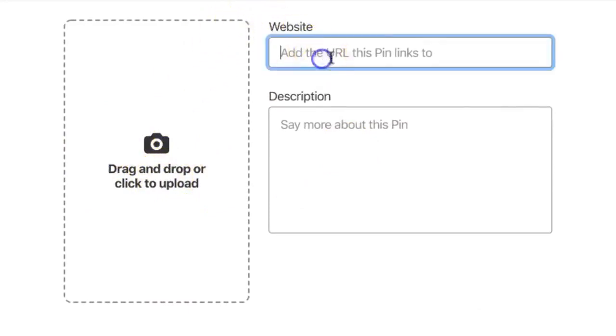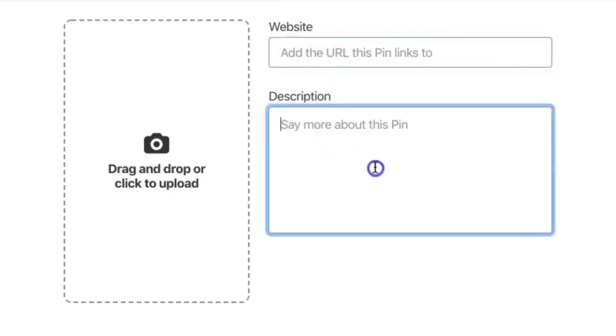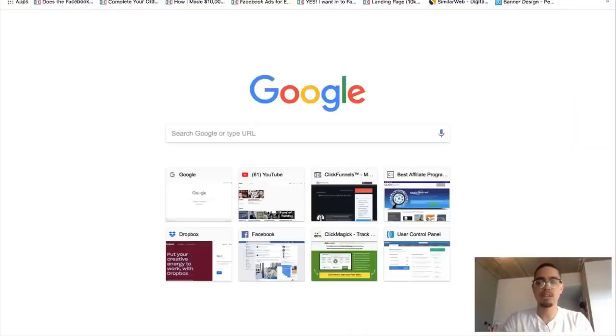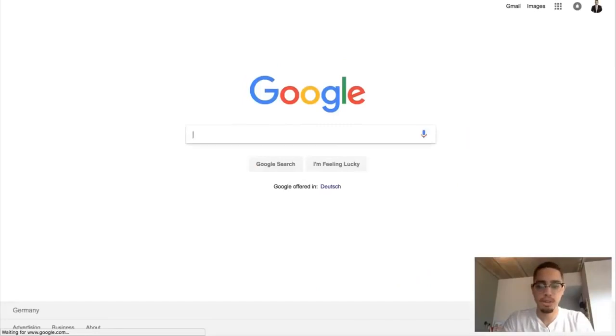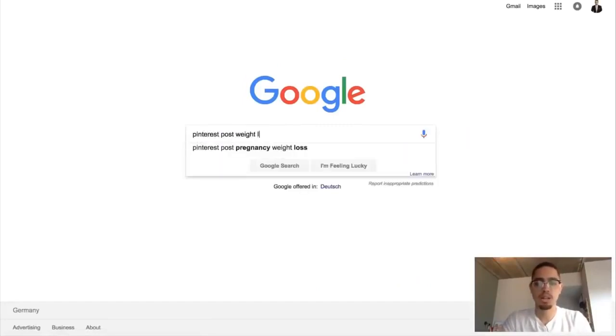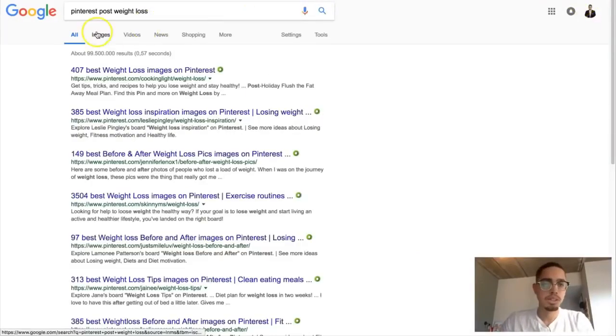But here's where the magic happens, guys. Your URL is your affiliate offer, right? This is what you're going to be promoting traffic to. And then the description, you're going to have some sort of description on your actual pin. Now, if you want to know the type of content for Pinterest, we'll just search Pinterest post weight loss. So, an example,